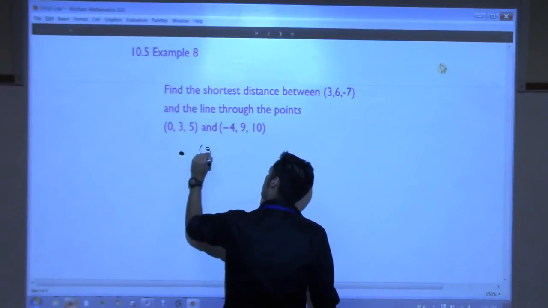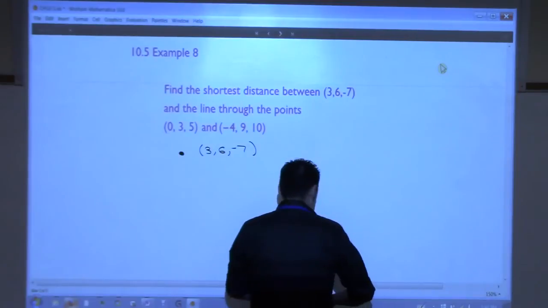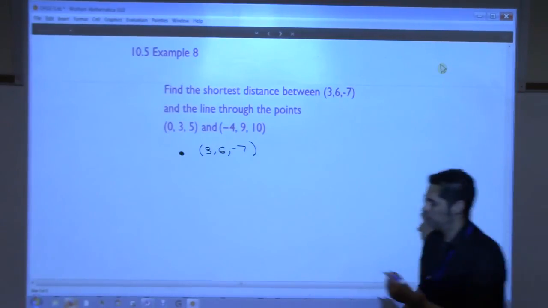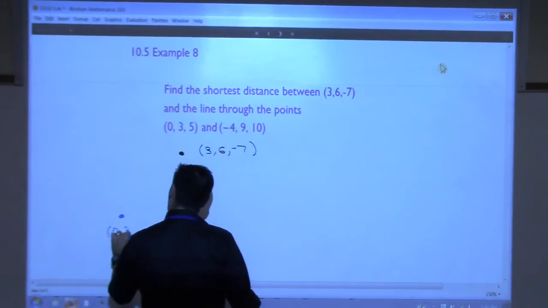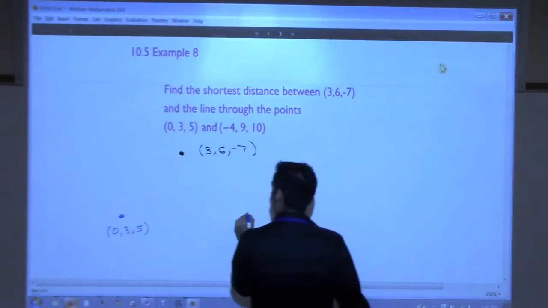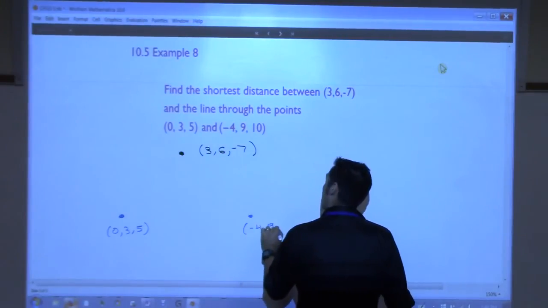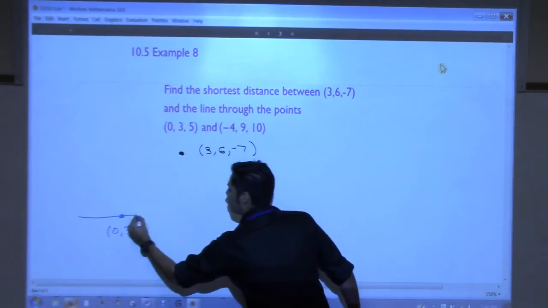The point is the point 3, 6, negative 7. Then I have 2 points that live on a line. The point 0, 3, 5 and the point negative 4, 9, 10. There is a line that goes through these,